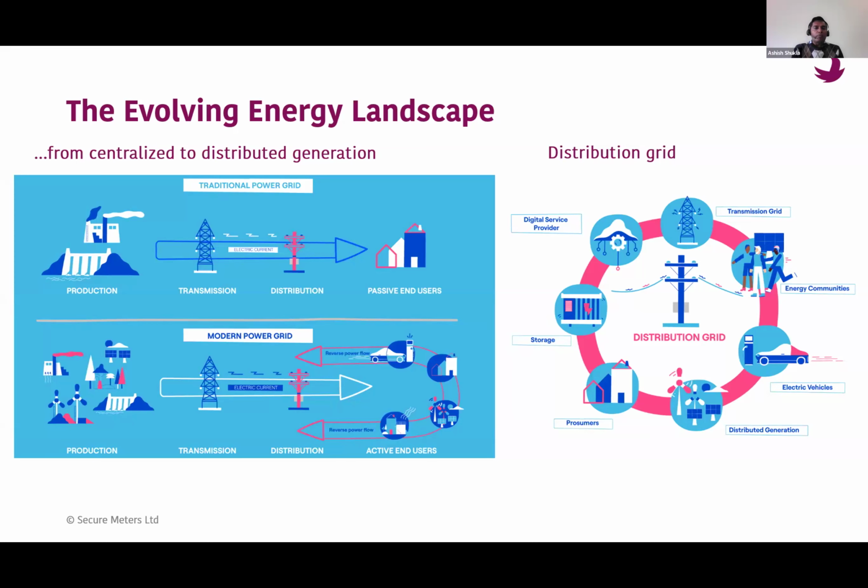But in the current scenario, when more and more electrical gadgets are being added, we have the EV, and we cannot predict when a person is going to charge his electric vehicle. And an EV is also a load from the power system perspective. And solar, I cannot predict. It depends upon whether it's a sunny day or a cloudy day, and how much production is going to happen. From the distribution company's perspective, how much the demand is going to be today, it's very difficult to manage this demand-supply balance.